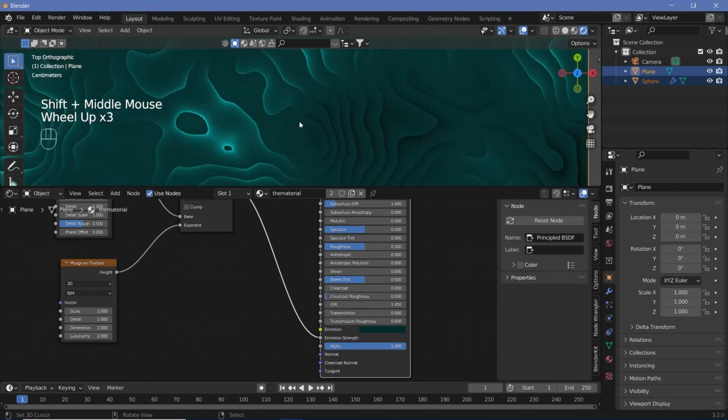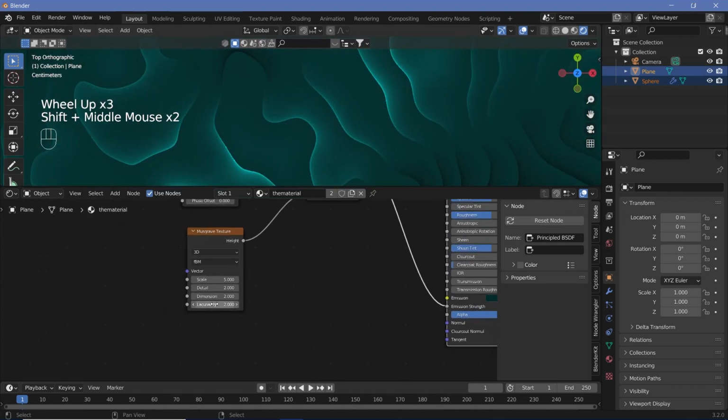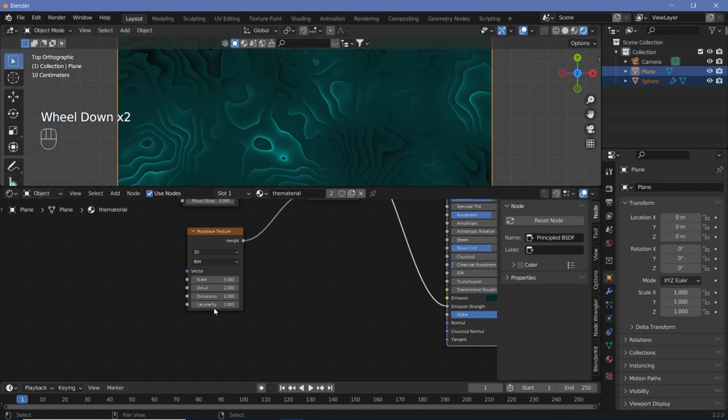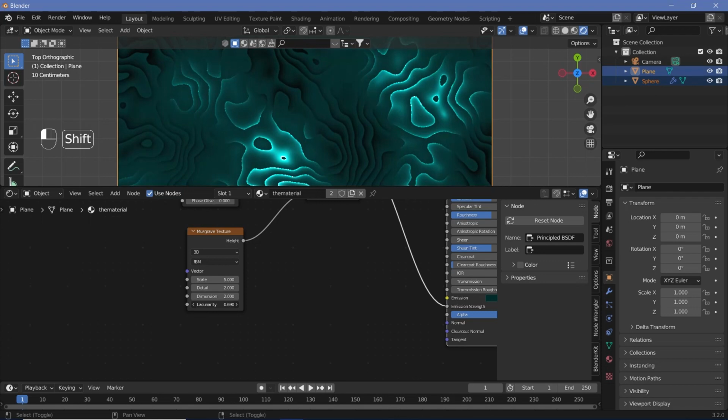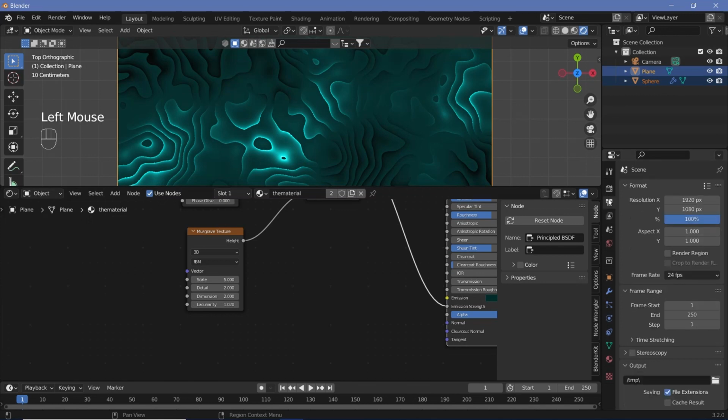Now, if you want the bright areas to be even brighter, what you could do is actually go to the last socket of your Musgrave texture and just decrease it from 2 to something really close to 1 or even below 1, and that actually makes it even brighter. However, we'll keep it at something like 1.02 for now,